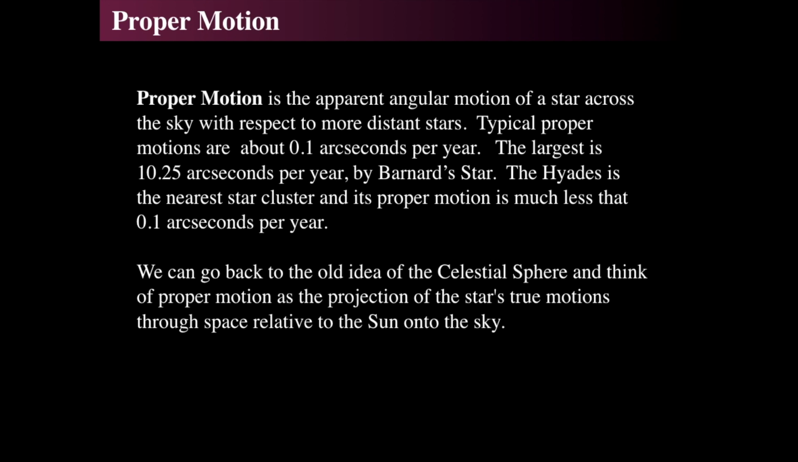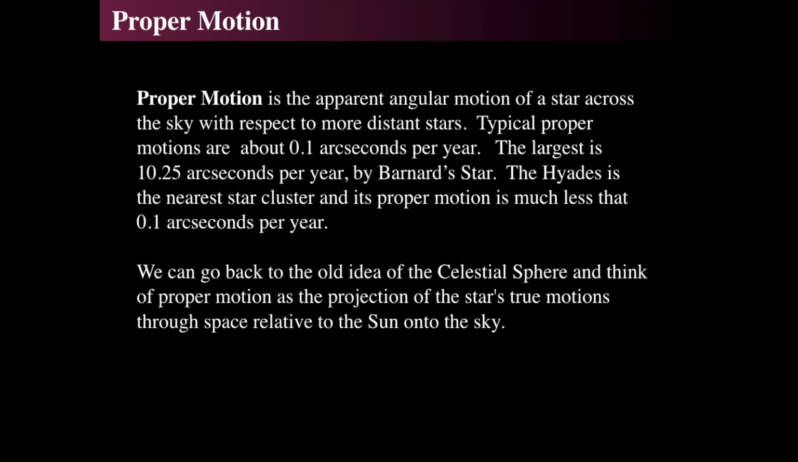The largest one is Barnard's star, which really cooks across the sky. It's going 10 arc seconds per year, that's 1 arc second every 6 years, and you can multiply that by 60, and it goes a degree in basically a person's lifetime almost. And that's Barnard's star. The Hyades is a star